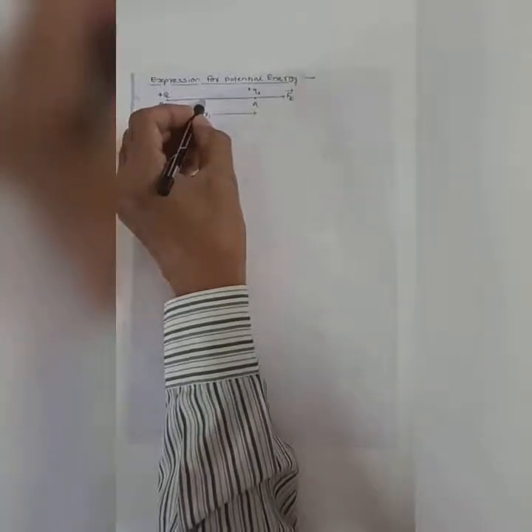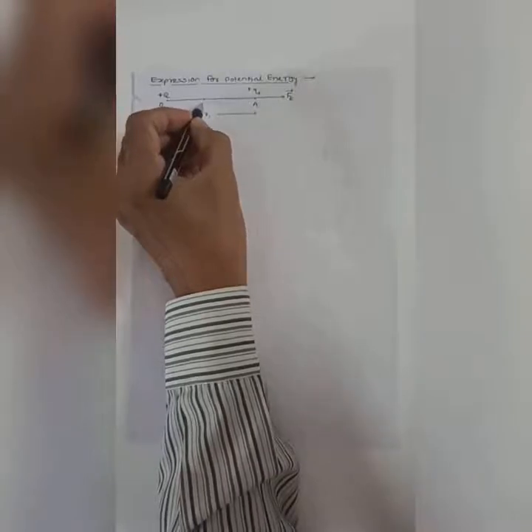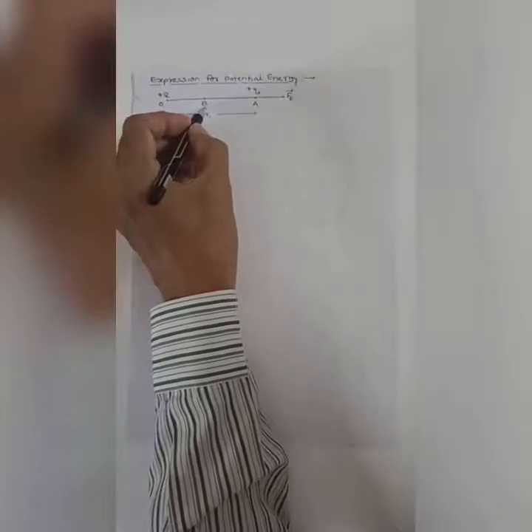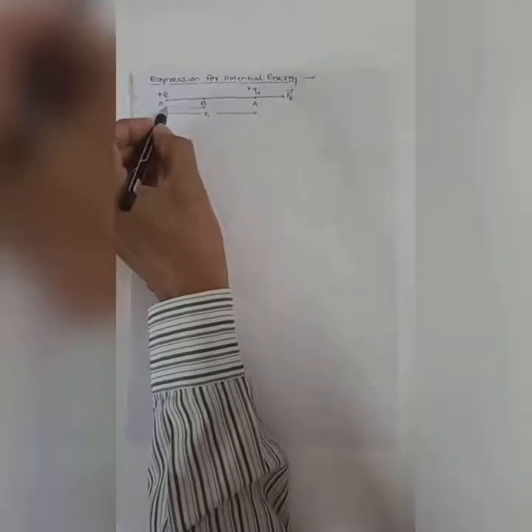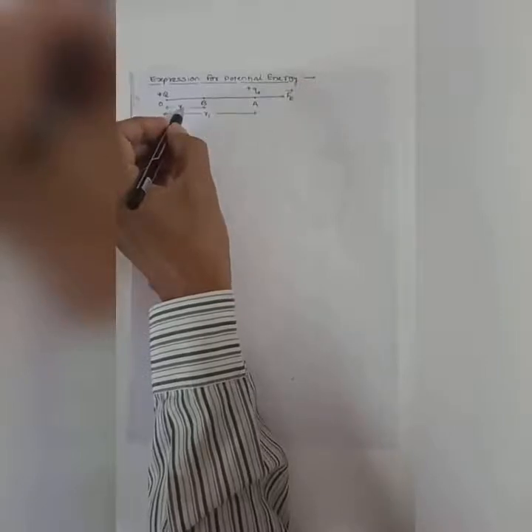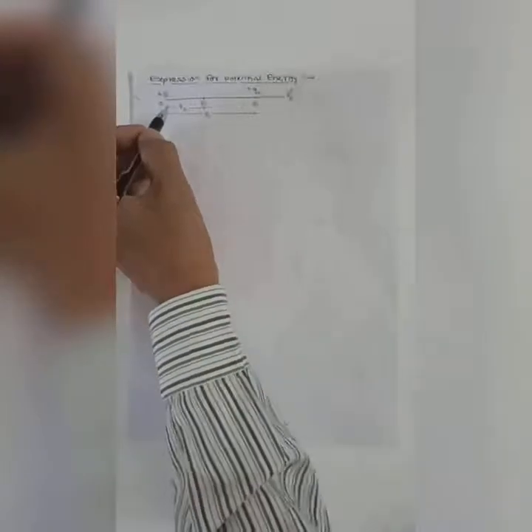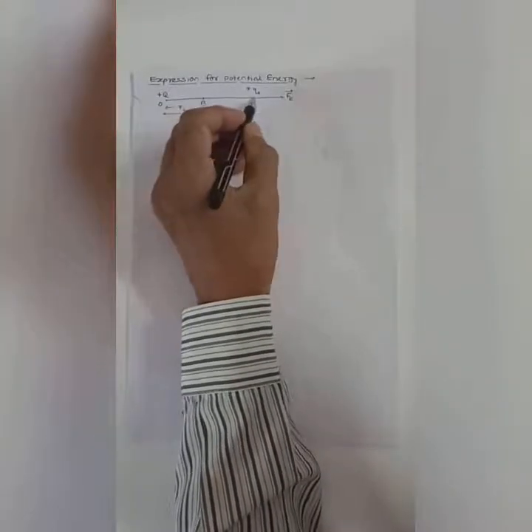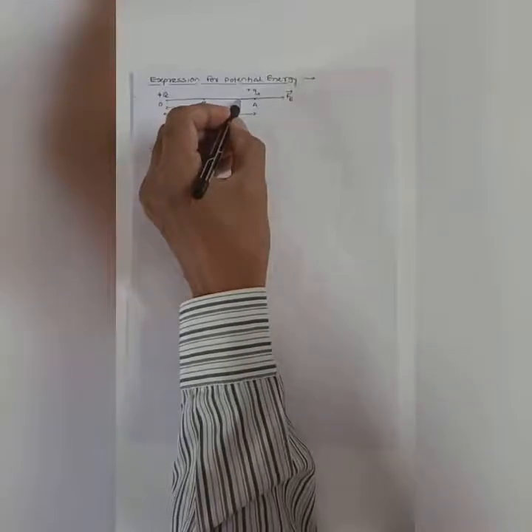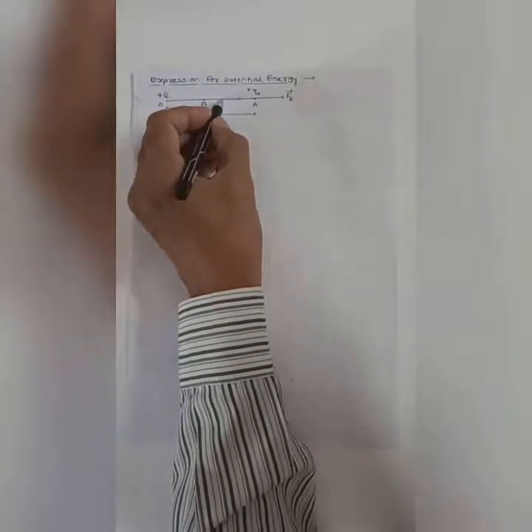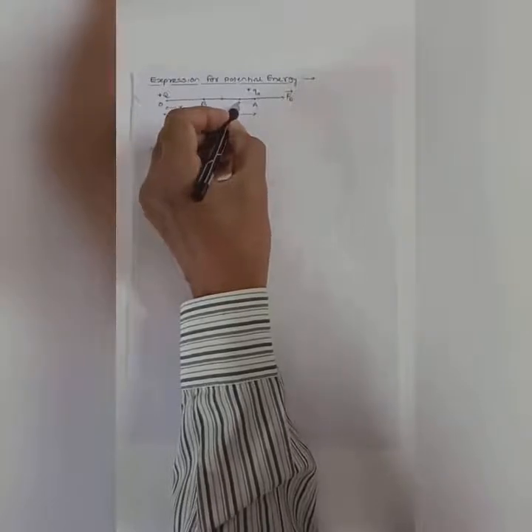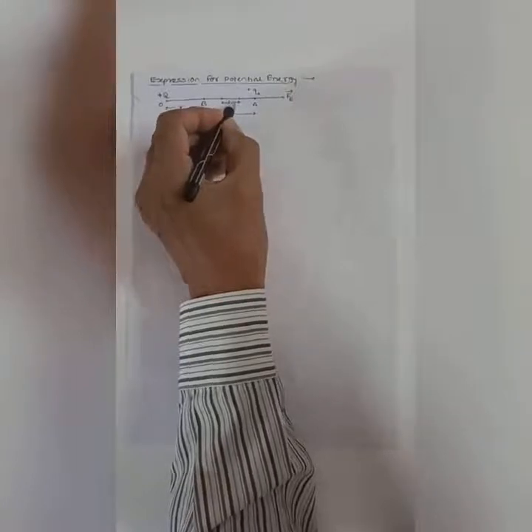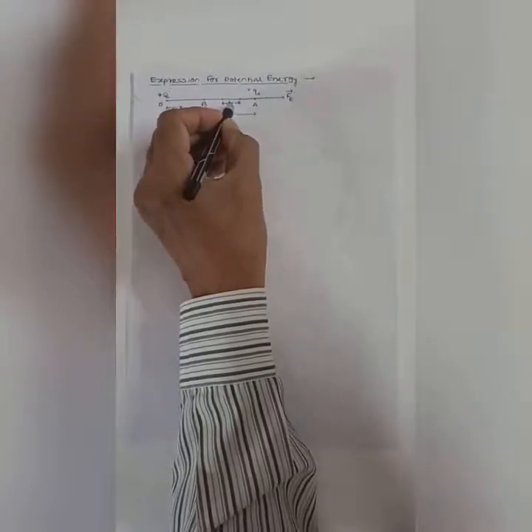Let B be any point between O and A, and the distance of the point B from the point O is suppose R2, and in between the two points A and B there is a very small displacement dr, or we can say infinitesimal displacement dr.